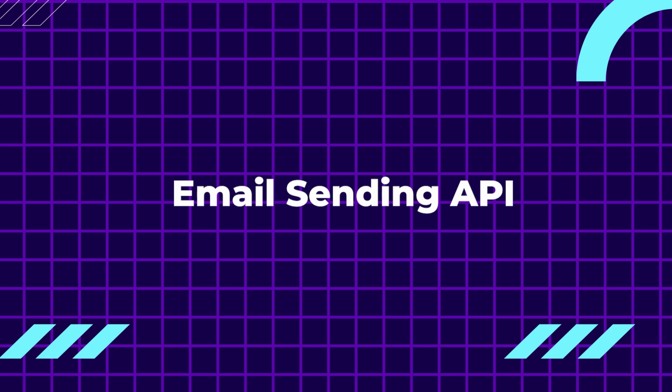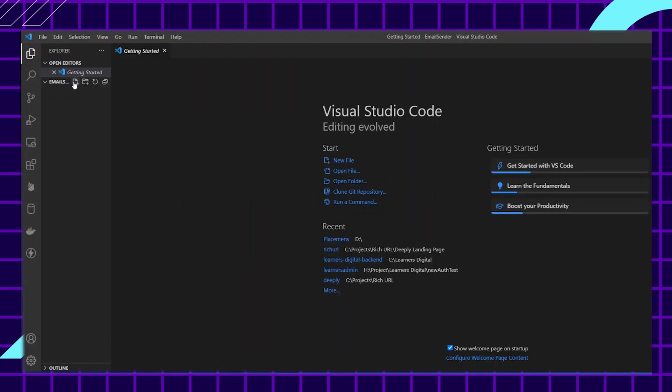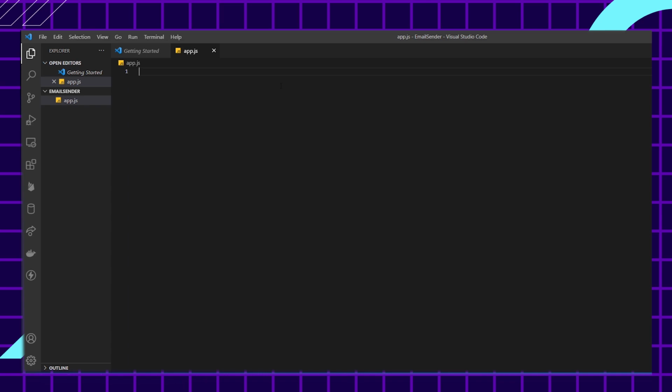Now let's get into the actual project. It's a very simple backend API to send email to anyone. Using this basic idea, I can later expand this to send email to all Rich URL users to keep them informed about new features. So I need to create an Express server, then use a package called Nodemailer and then send an email. Instead of referring to documentation, I'll try to write simple English and try to extract as much code as I can.